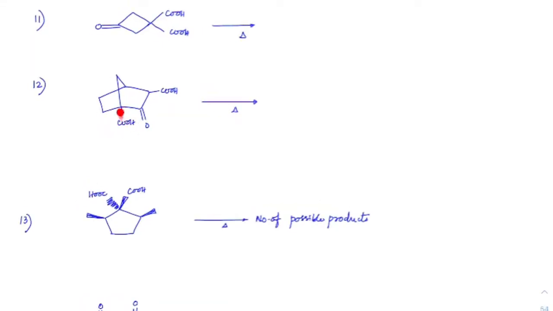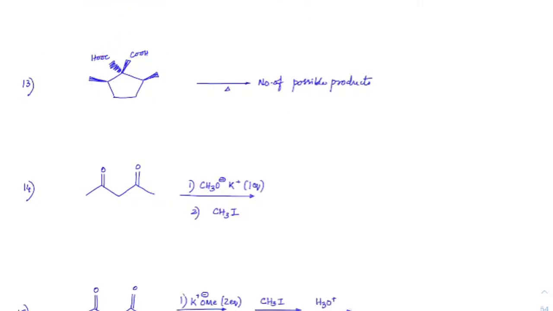See, in 12th, got it? This COOH is at beta position, but here a double bond can't be formed, right? Because this will go through the mechanism where a double bond is formed and then keto will come. So this COOH won't be disturbed here. So the final product would be this, with COOH intact, double bond gone, plus CO2. This side beta, this beta keto acid which is there will be decarboxylated.